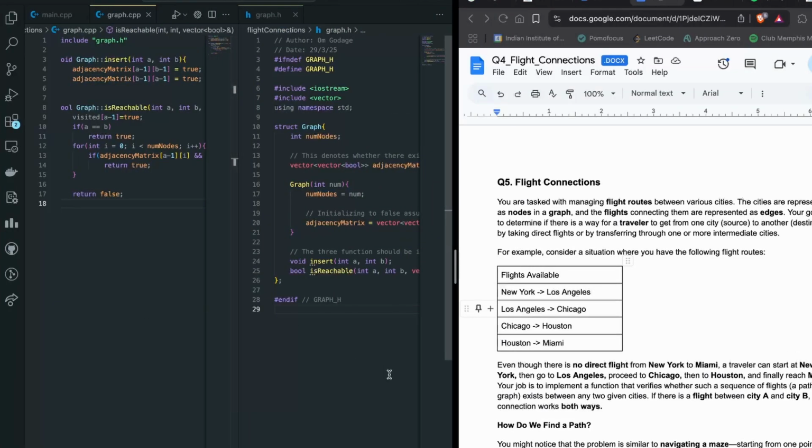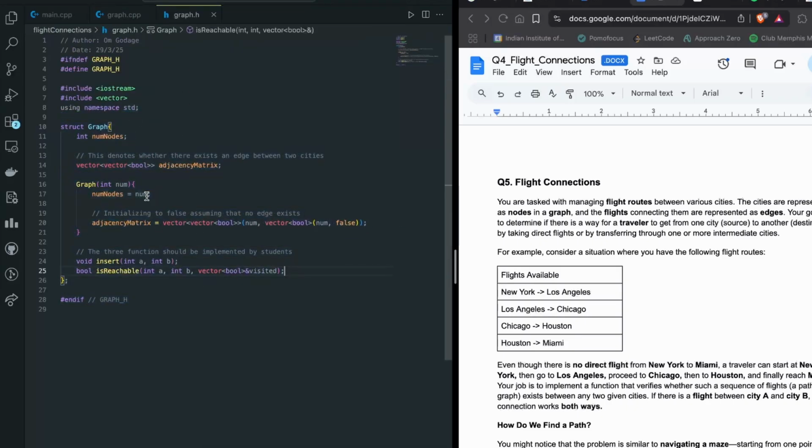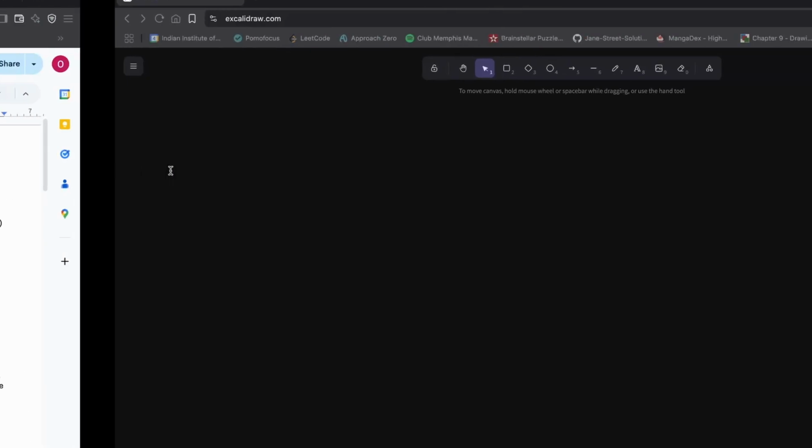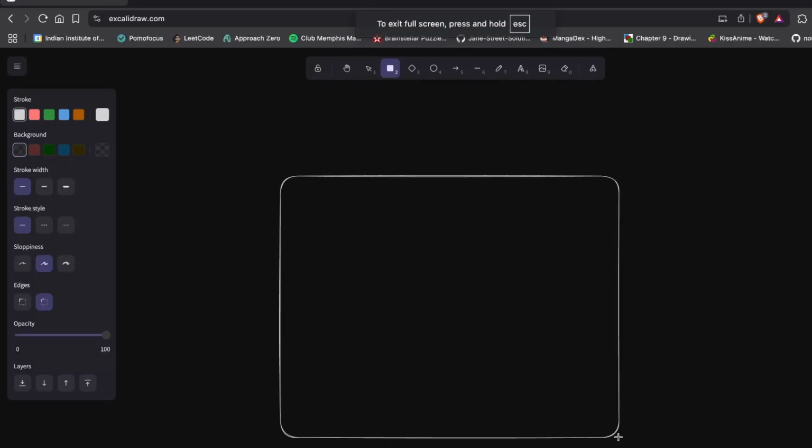Last question, flight connections. So in this you are given a graph.h header file, and you are given a vector of vector which contains a matrix which is called the adjacency matrix. So what this matrix stores essentially is